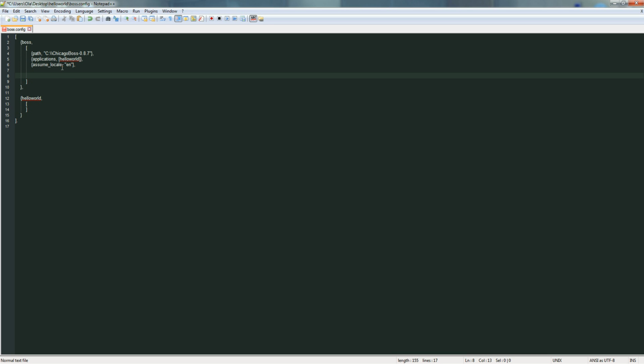Now our database information, so db host, we want it to be localhost. DB port, I'm going to use the MongoDB port, which is 27017. Next is DB adapter, and we want to use MongoDB,